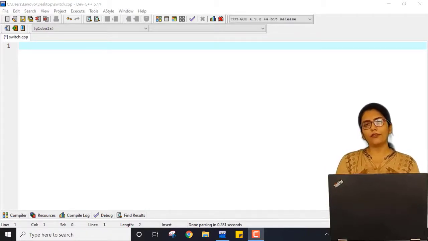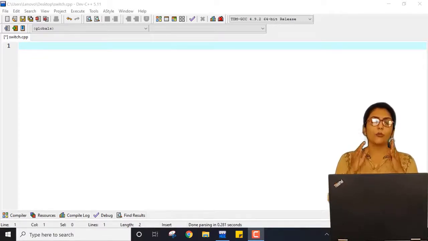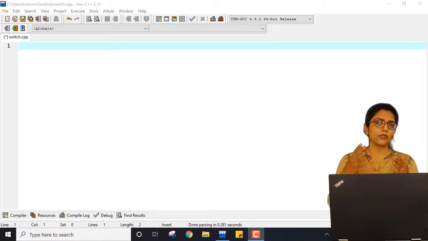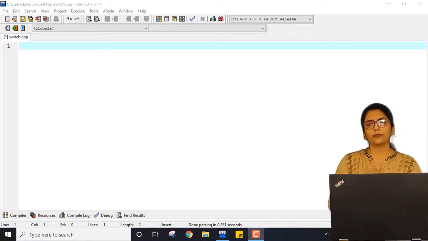Now we know that we use else if ladder or switch case when I have more than two cases. In conditional programming, when I have more than two conditions to check, at that time I can use else if ladder or switch case, because it was the disadvantage of simple if and if else that I can only cover up to two cases, whether true or false. So if I want to include more than two conditions, I can use either switch or else if ladder, and we have already performed a program based on else if ladder.